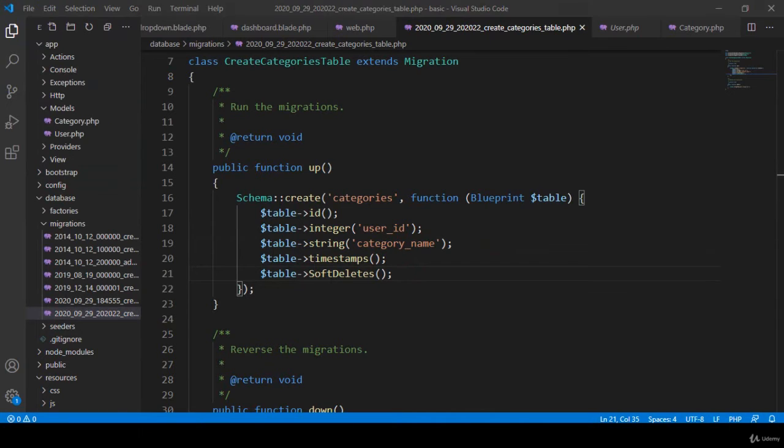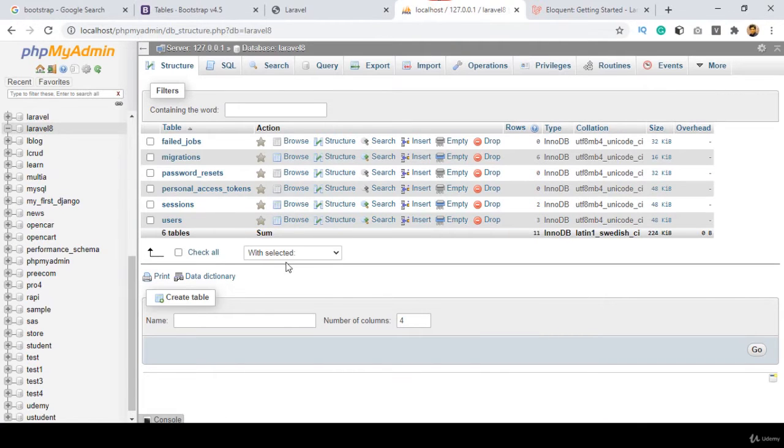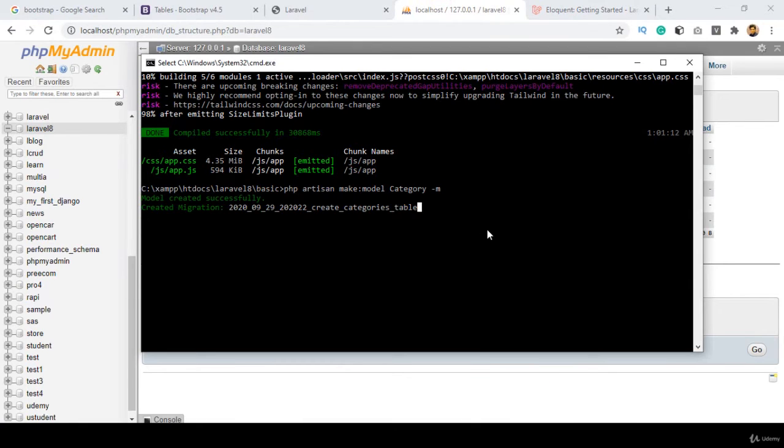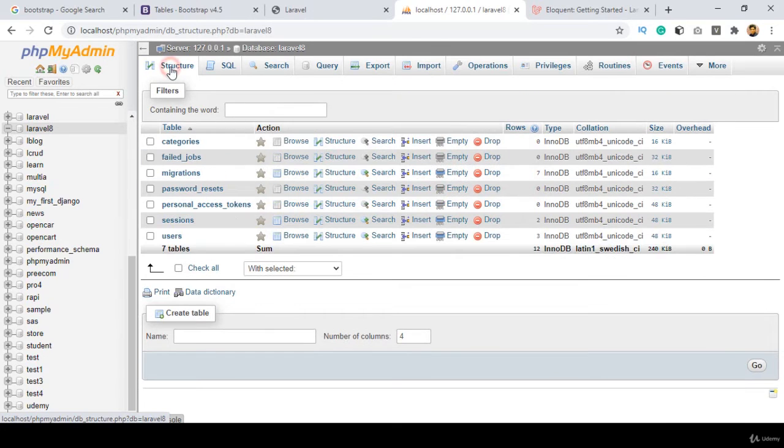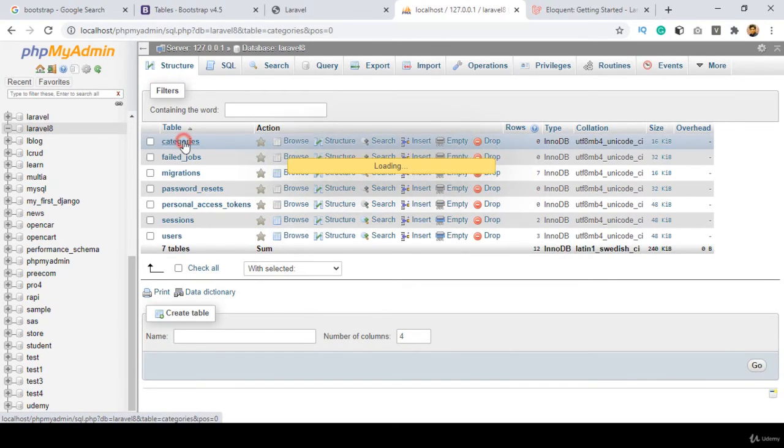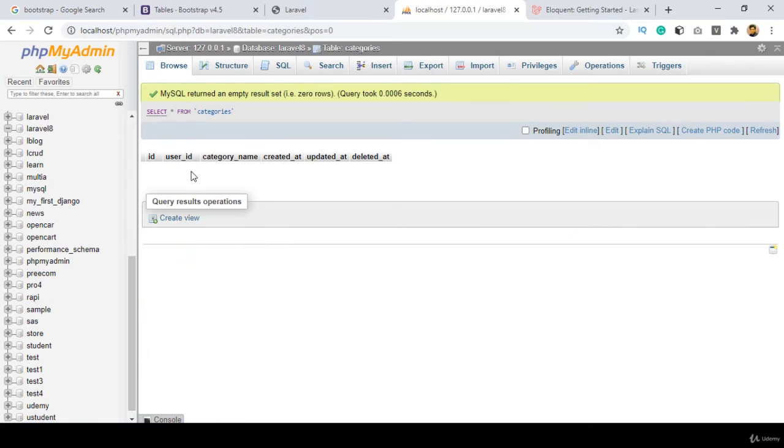I'll show you. That is our database, right? So now I want to migrate this new table. Here I want to run php artisan migrate. So php artisan migrate. Now if you press enter, you can see, friend, it has successfully created our categories table. Now if you go here and refresh it, yes, you can see it has created a new one called categories, and for the categories I have created a user ID and a category